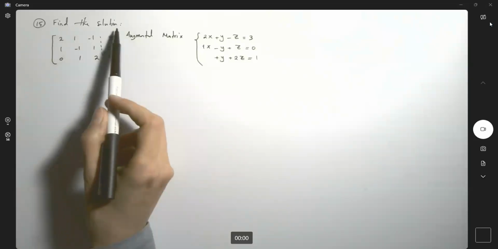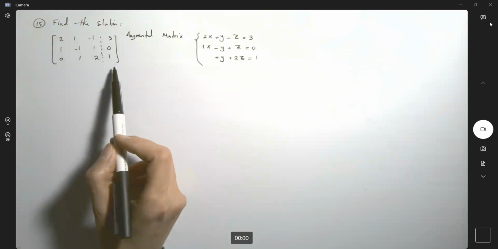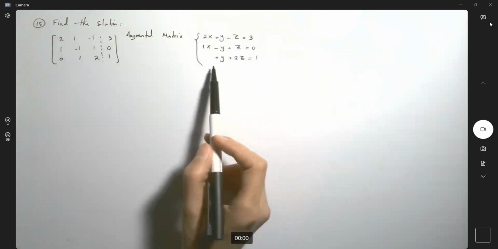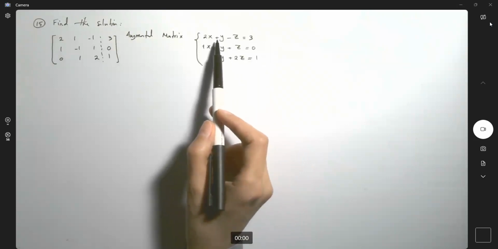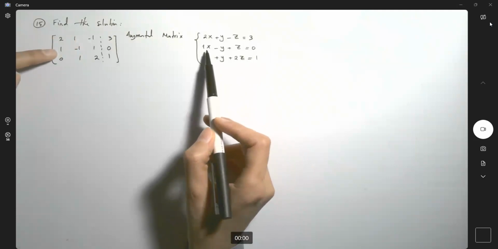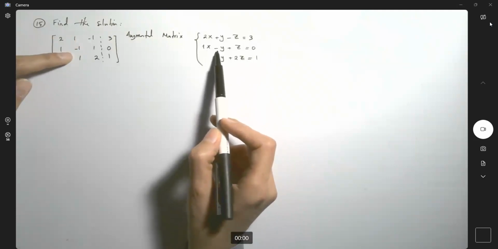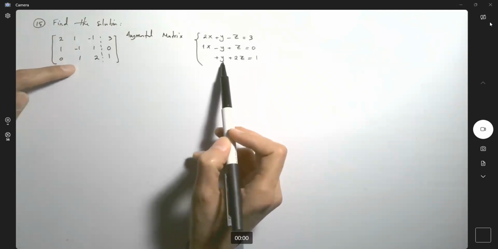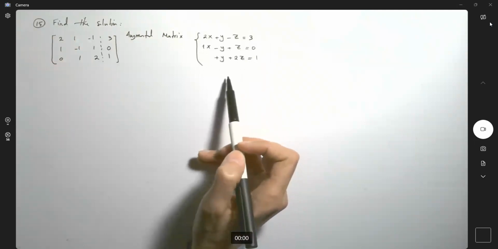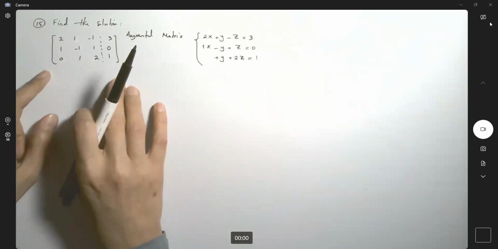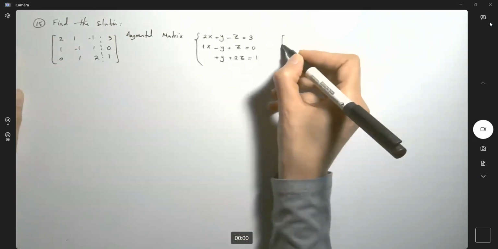Our goal is to find a solution for this augmented matrix. If you want to convert this back into a system of linear equations, it's going to be 2x plus y minus z equals 3, and then 1x minus 1y plus 1z equals 0, 0x plus y plus 2z equals 1. So remember that your goal, your job is to write this in the format that you have